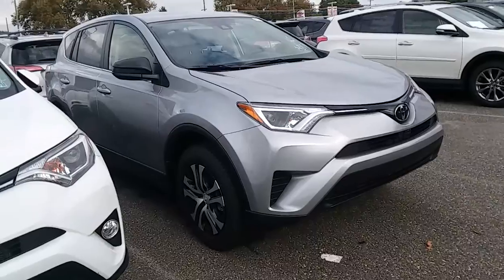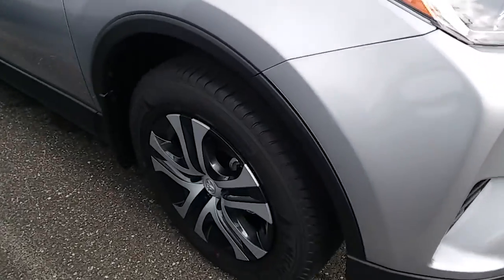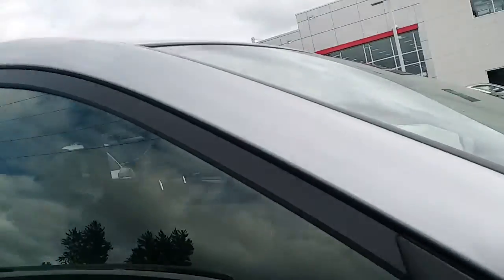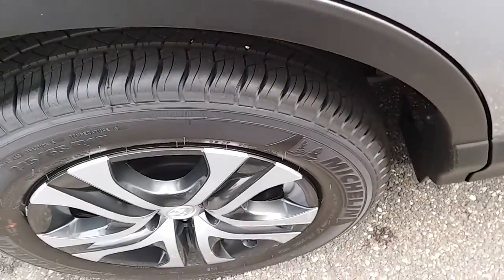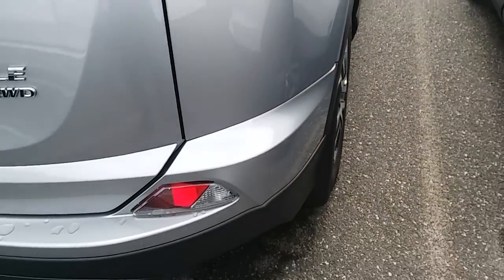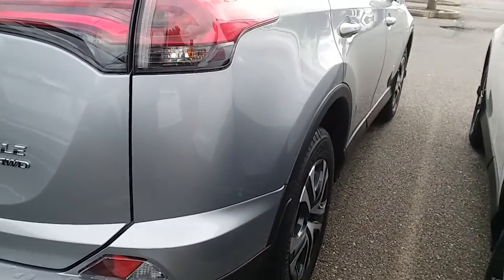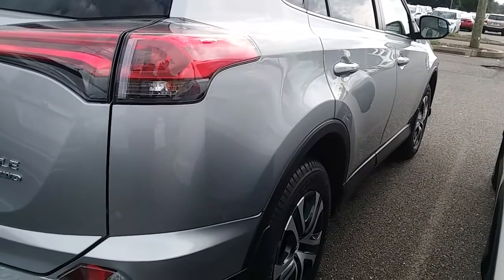Now, besides that, the car's got a very advanced all-wheel drive system. During a nice day like today, the front wheels would be your power drive. It drives as a front-wheel drive, so we're not burning gas. In the event that we get into slipperier weather and the front wheels start to spin, it would transfer power proportionally, however much it was slipping, to the rear wheels, as long as the steering wheel was straight. If the steering wheel is turned, I'm told by Toyota engineers, about 13 degrees, which is not very much, say you're turning around on a ramp and the wheels start to spin,